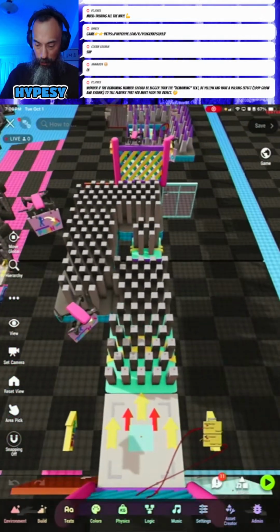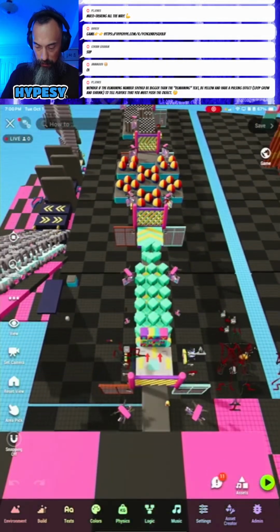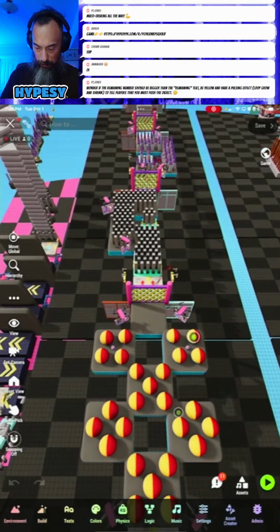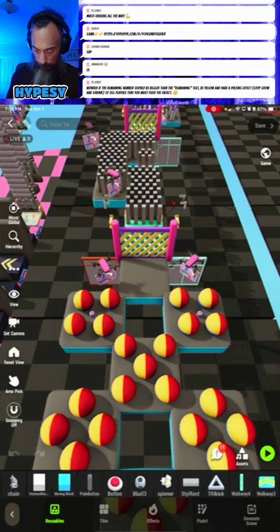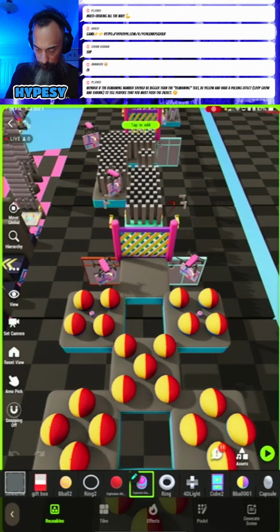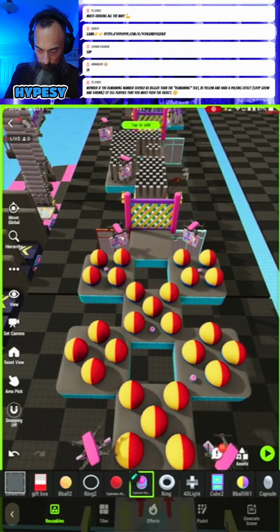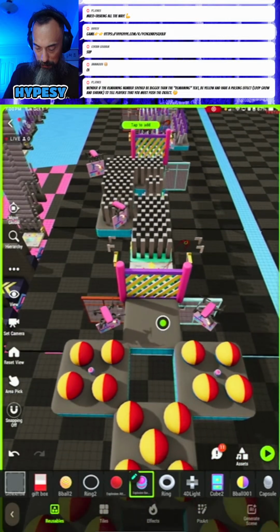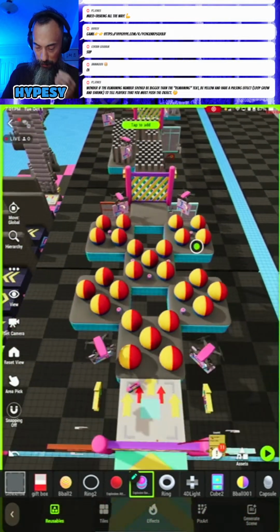I'm trying to add more dynamite explosions, so let's go ahead and add some. And this is nice. This is like the first time I've ever used this feature, and I can't believe I haven't used it more.